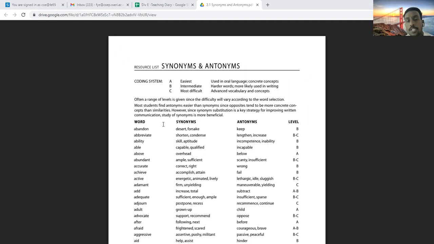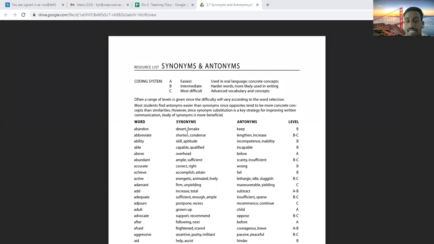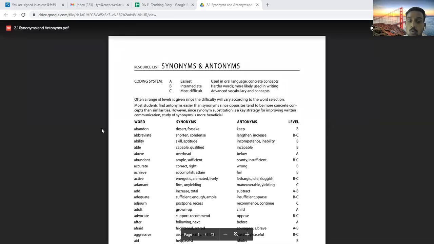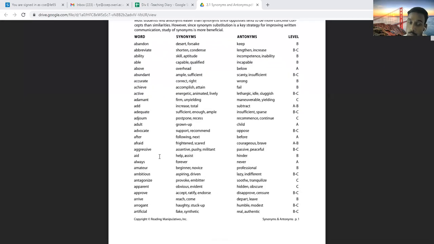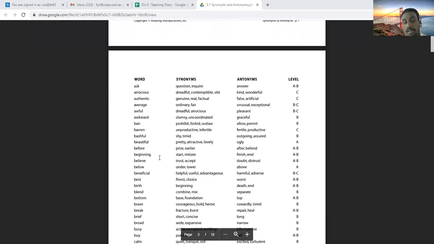So there is nothing to teach in fact for synonyms and antonyms. Synonyms means similar meaning words and antonyms means opposite meaning words. And in the list which is given here, abundant, desert, forsake will be synonyms, and keep will be antonyms. So similarly, you people have to go through all this list. You people have to read once, twice, thrice, whatever number of times possible. You have to read it again and again. Or better, I will suggest you people can write down the words which are new to you.